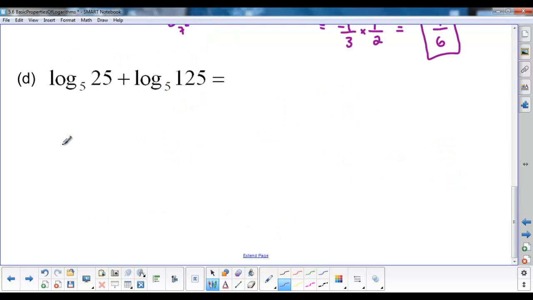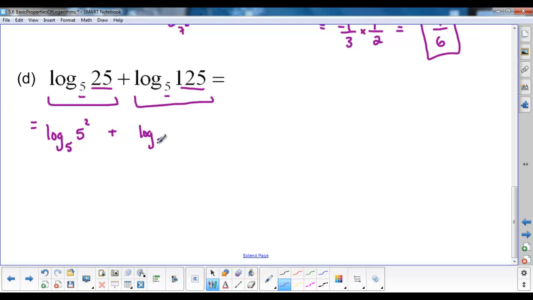Our final question for this page is log 25 base 5 plus log 125 base 5. So what I notice here is that our arguments and our bases can all be written as the same base. So for our first term here, I'm going to rewrite it as log with base 5, and then I'll change the argument to 5 squared. And for our second term, I'm going to write it as log base 5, and this time our argument will be 5 cubed. Now using the rules above, I know that this first term is just 2 divided by 1,